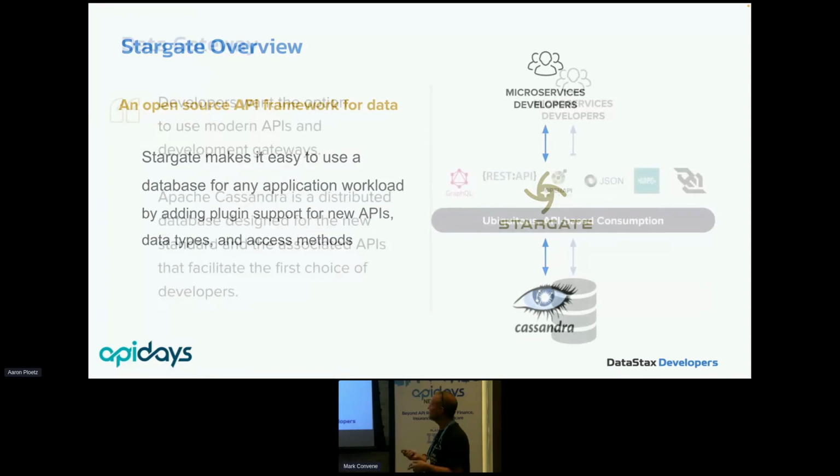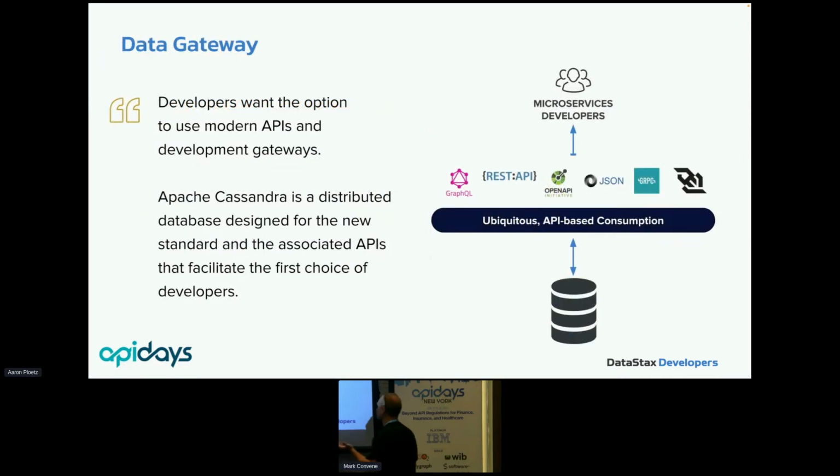Now if I go back to this one, you can see that Stargate offers things like gRPC, REST. You can work with JSON, OpenAPI, GraphQL. So it makes working with a data source to the point where you don't really need to care what that data source looks like, which is really, really